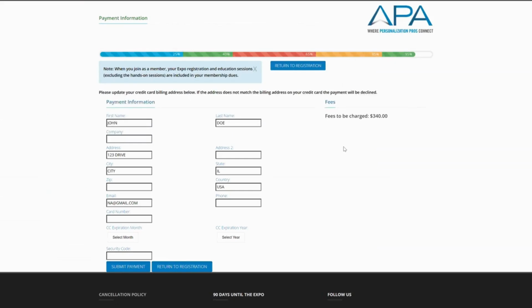And on this page, we'll enter our payment information. After doing so, we'll go ahead and hit Submit Payment, and then a confirmation page will appear on the screen in front of you, as well as a confirmation email sent to the email you provided as part of the